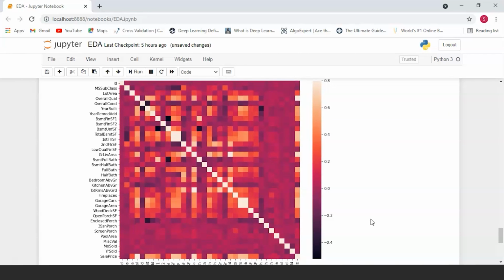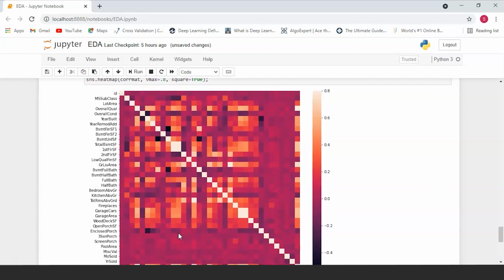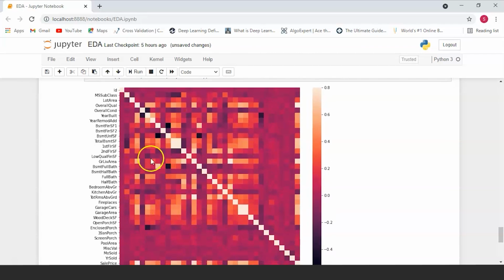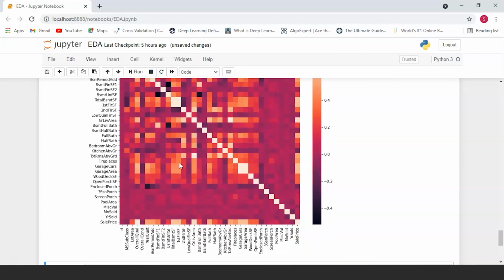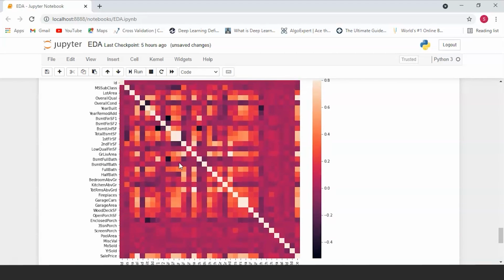Now, at first sight, you can see that there are two red colored squares. The first one refers to total basement SF, which is almost completely white and correlated with the first floor SF.